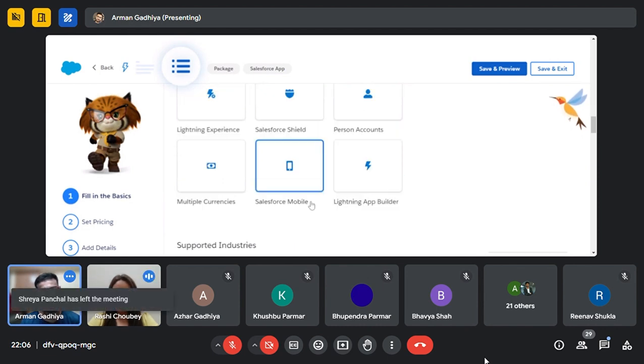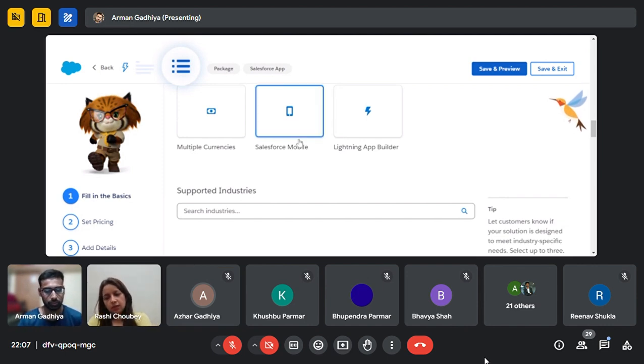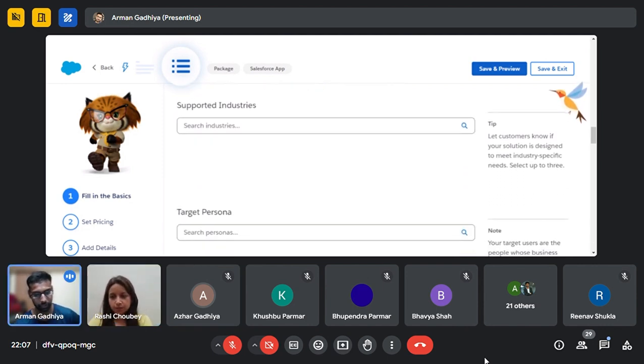Okay, Arman, just wait. Azhar is going to ask one of the questions. How does the publisher determine the price point of their application? So Azhar, just wait for 2 to 5 minutes. Arman is going to cover this also in this live session. After these 2 slides, you can get this one. Thanks. Okay, sure, thanks. Yes, Arman, continue.